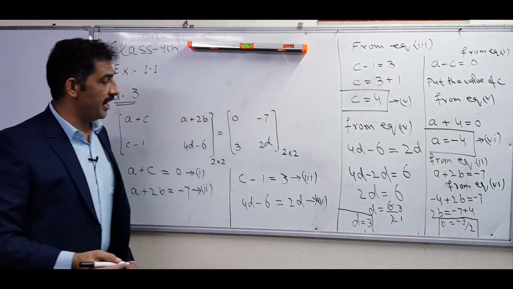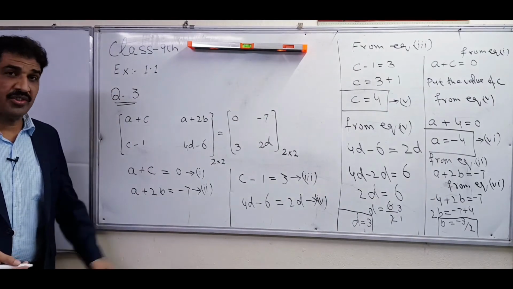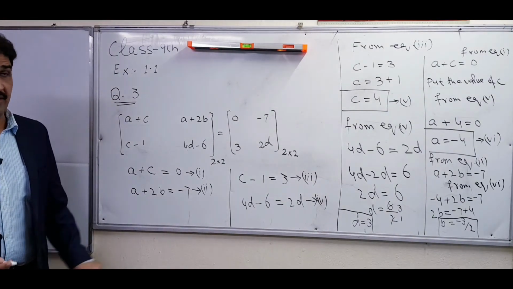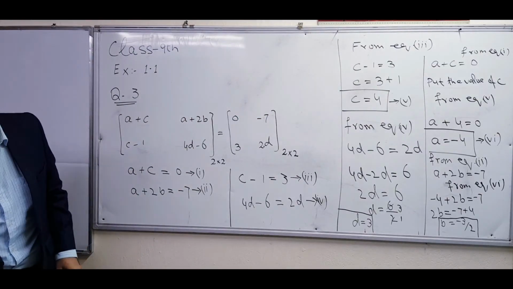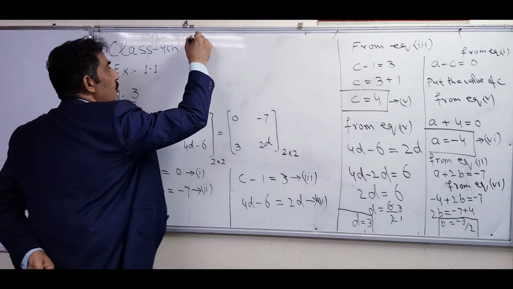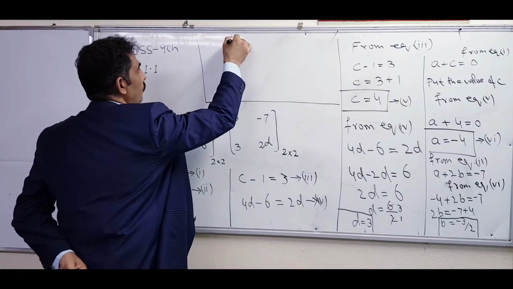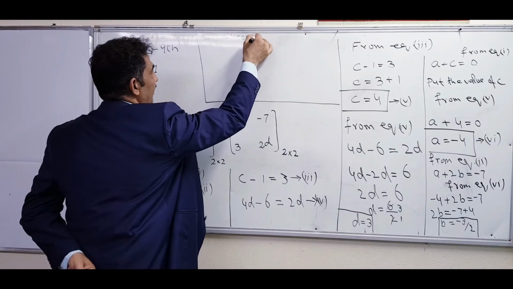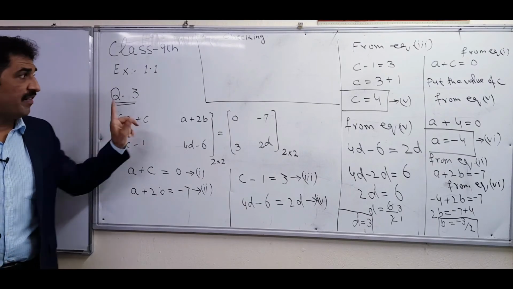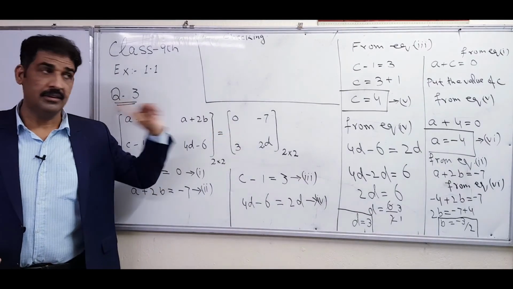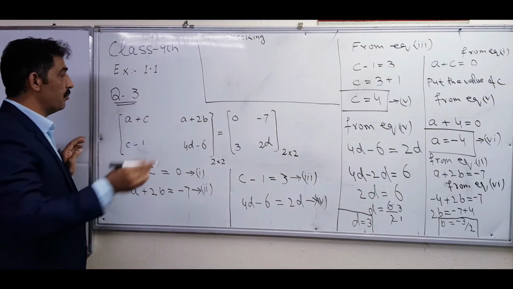So in such a way, all the values we have found out. If you want to check whether you are right or wrong, how do you check that our answer is correct or not? So checking, I will use this portion for checking. Checking means when you put the value of A and C, then we will get this answer. Check it. So what is the value of A? We found the value of A is equal to minus 4.